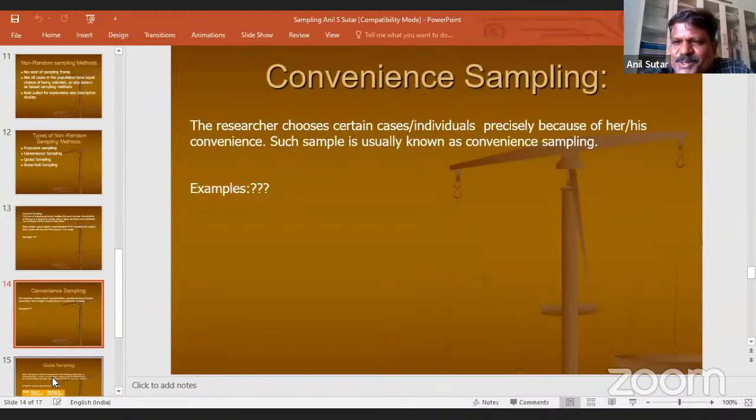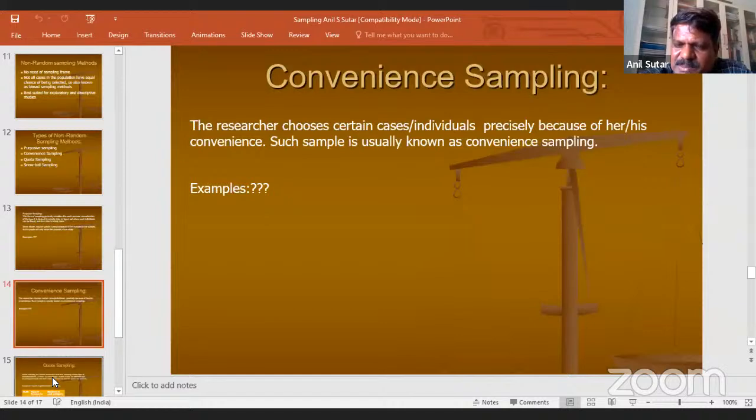And this researcher was very smart. The researcher thought, why should I waste time going to all these 3-4 villages? And that too when the temperature was so hot during summer.